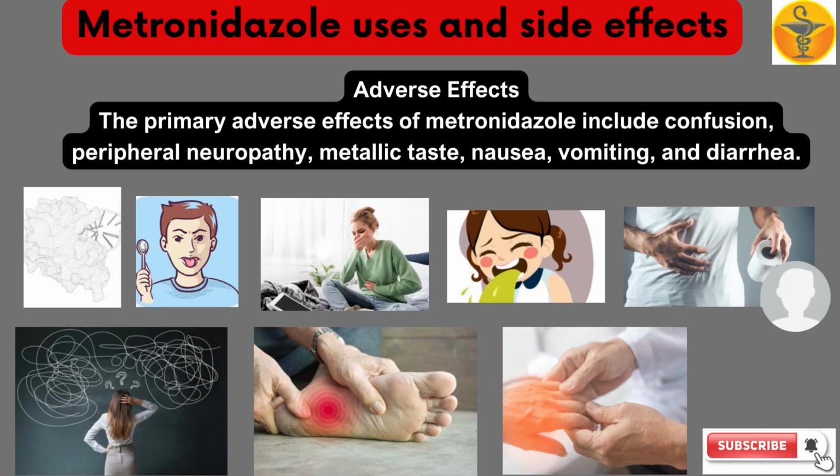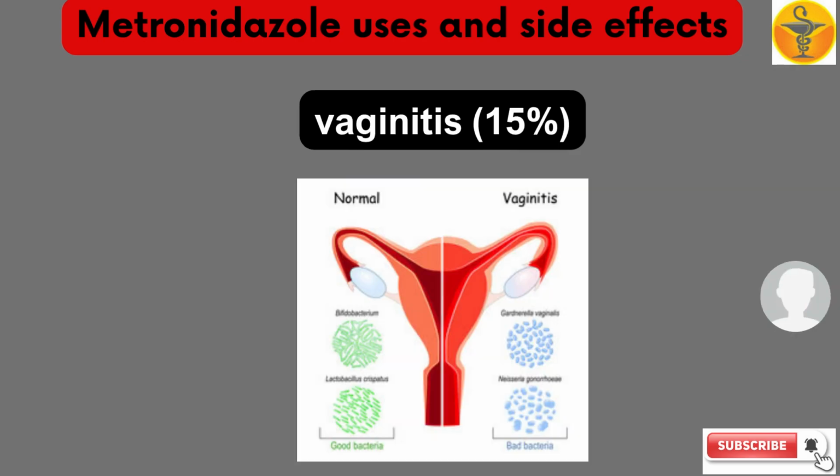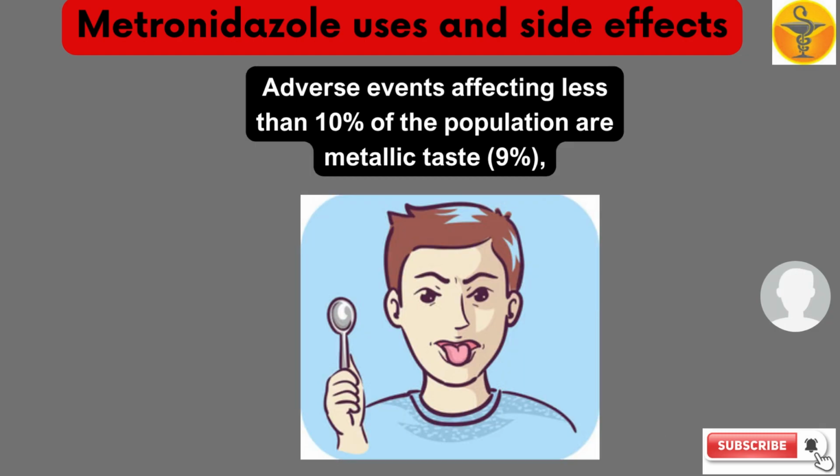Adverse effects or side effects. The primary adverse effects of metronidazole include confusion, peripheral neuropathy, metallic taste, nausea, vomiting, and diarrhea. Adverse events seen in greater than 10% of the population include headache 18%, vaginitis 15%, nausea 10% to 12%. Adverse events affecting less than 10% of the population are metallic taste 9%,